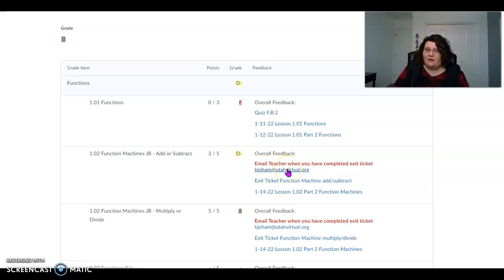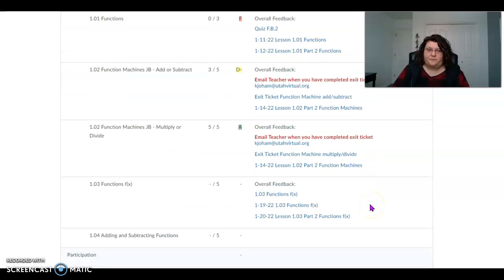This is not graded automatically, so I would want you to email me when you've completed this exit ticket so that I can make sure that I grade that. If there's a line through it, it means it has not been graded yet. If it's a quiz, it's graded automatically and you will have a score for it. So this would be a past due